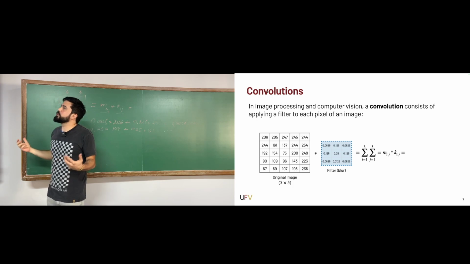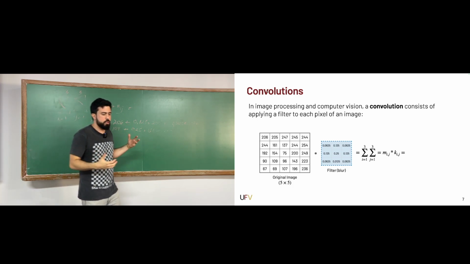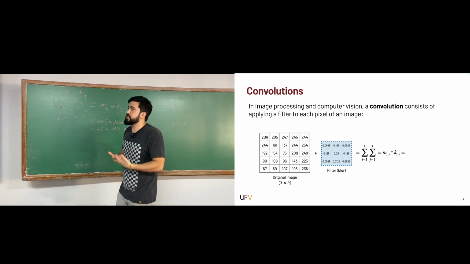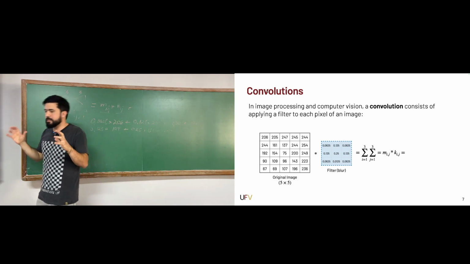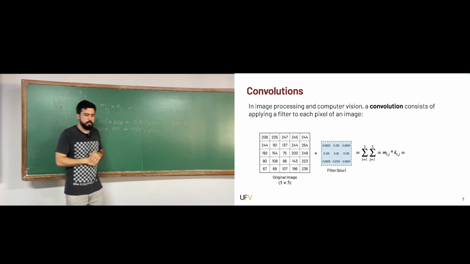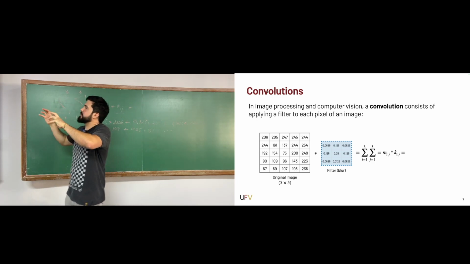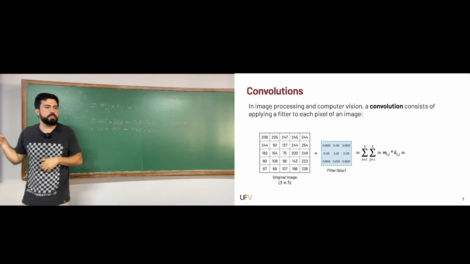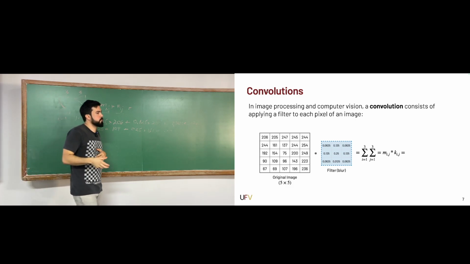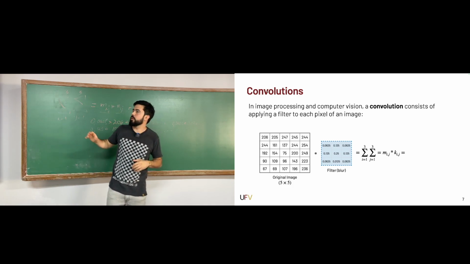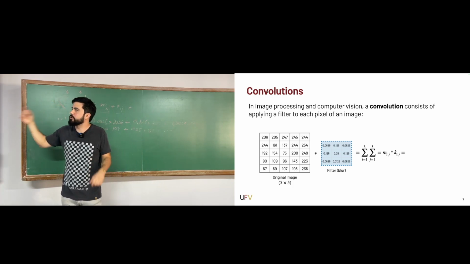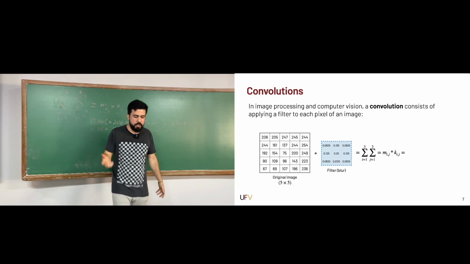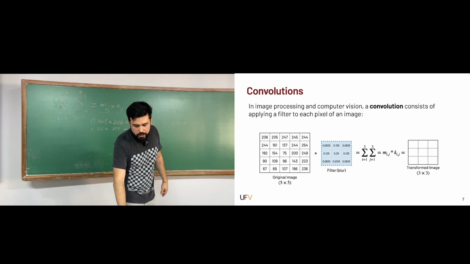we can define convolutions. And the idea of convolution comes from math and is a way to operate with functions. We are not going to discuss that math here. In computer vision and image processing, when you talk about convolution, we are talking about applying a filter to an entire image. That's it. Okay, so we know how to apply a filter already to one pixel. Now, if you want to apply to the entire image, you can do the same computation, but for each pixel